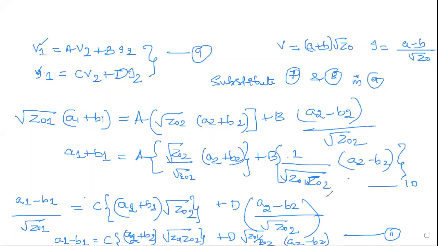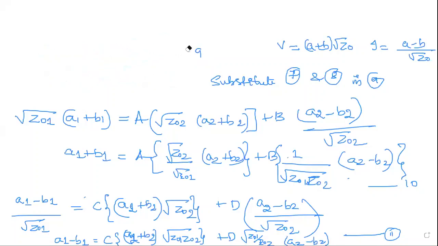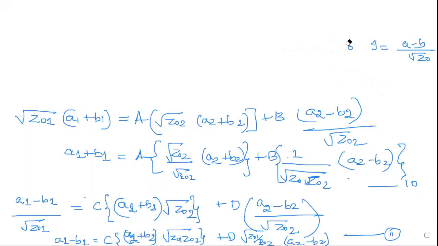No, ma'am. Okay. After this, now you have to use the normalization technique, because you have to simplify the expression. If you see equations 10 and 11, they look very complicated. So we will normalize the equations. Normalizing the equations is nothing but we will consider the main equation divided by square root of z naught.